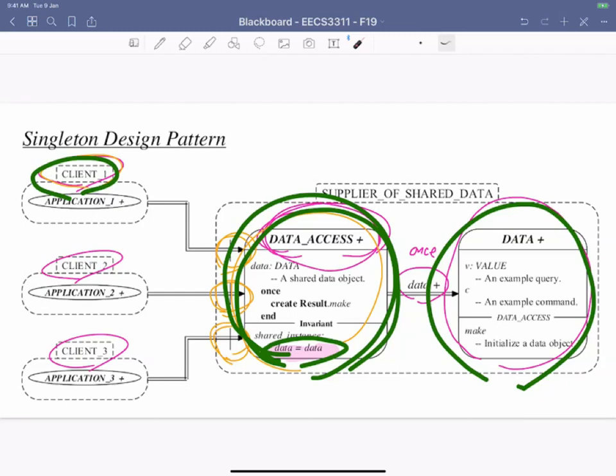Okay, any questions about the singleton pattern? Question? No, not now. Are we running out of time? Okay. Okay, so